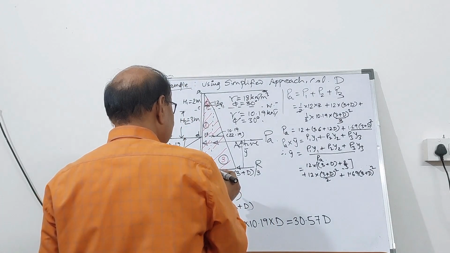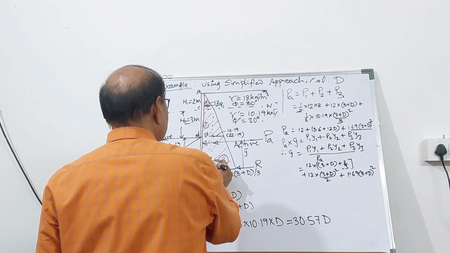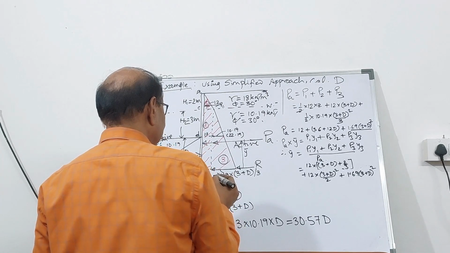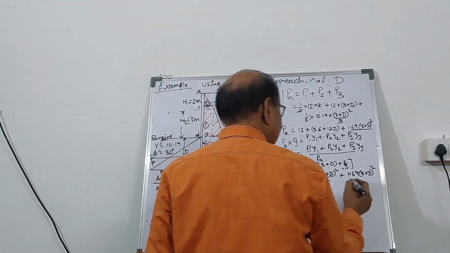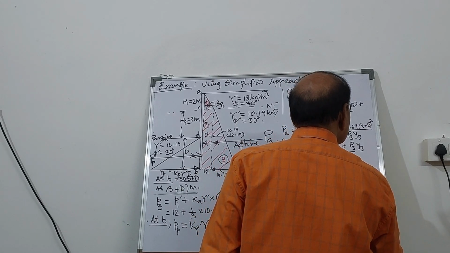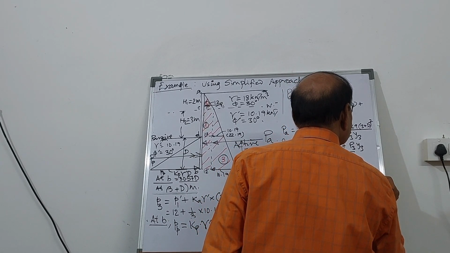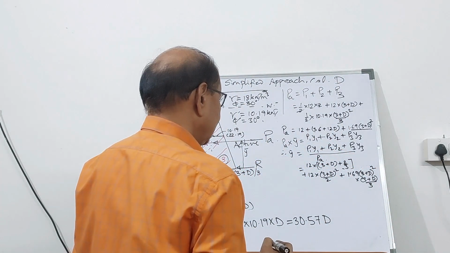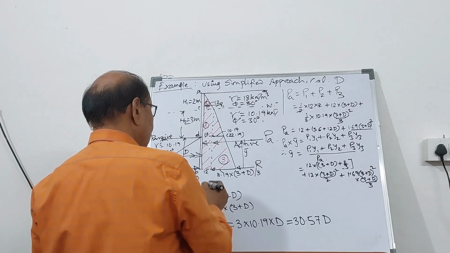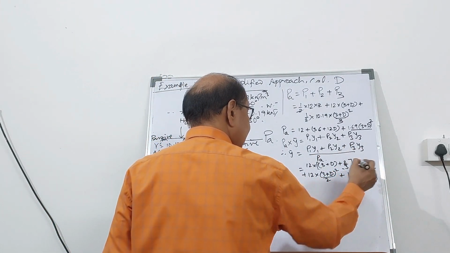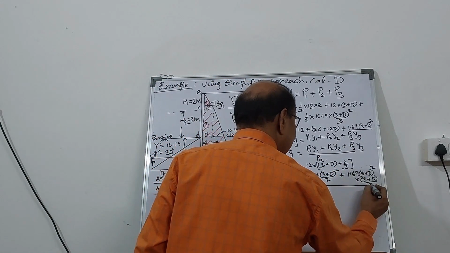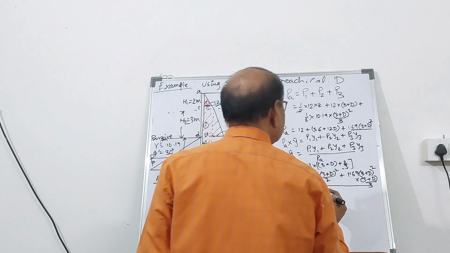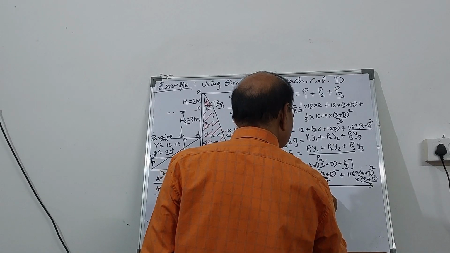And y3 will be 3 plus d by 3 from the base, so into (3 plus d by 3). So y3 is also known to you, divided by PA, which is already calculated over here as 12